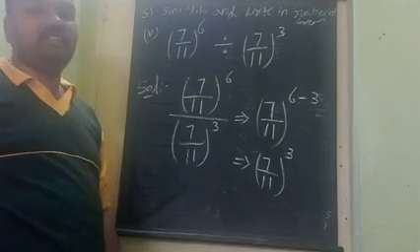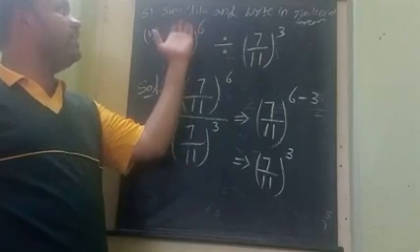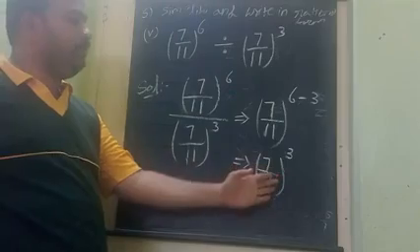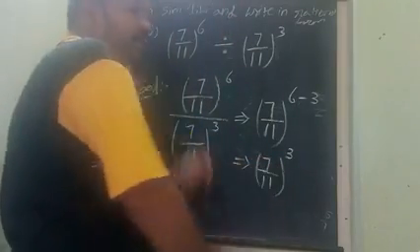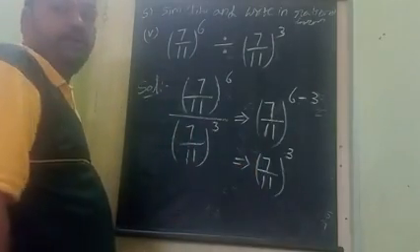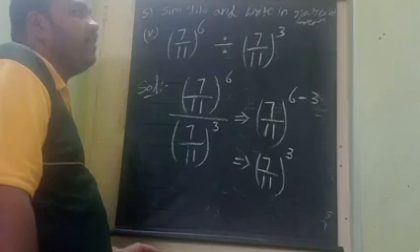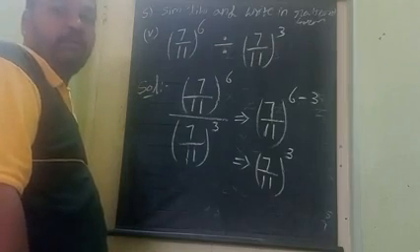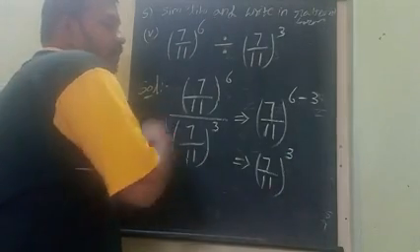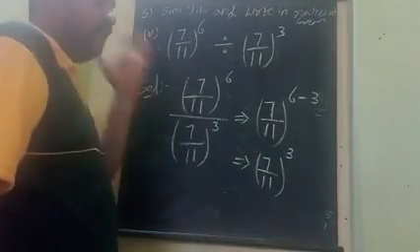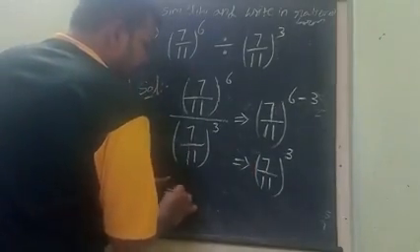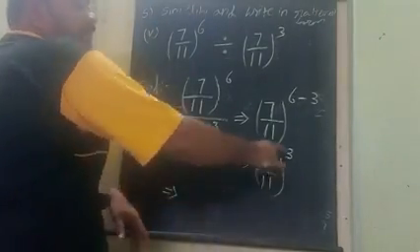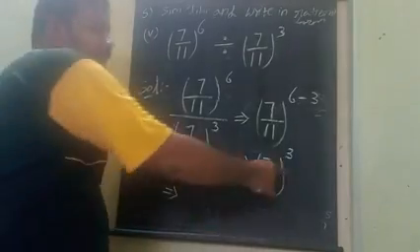With this, the sum is not completed. What is the given question here for us? Simplify and write in rational form. So one part is completed. But we stopped at the power form, the exponent form only. They asked for the rational form. What is called a rational number? Only numerator and denominator without powers. So we have to remove the power. How to remove the power? By making it expansion form. Taking expansion form, this 7 by 11 we have to repeat. How many times do you have to repeat?